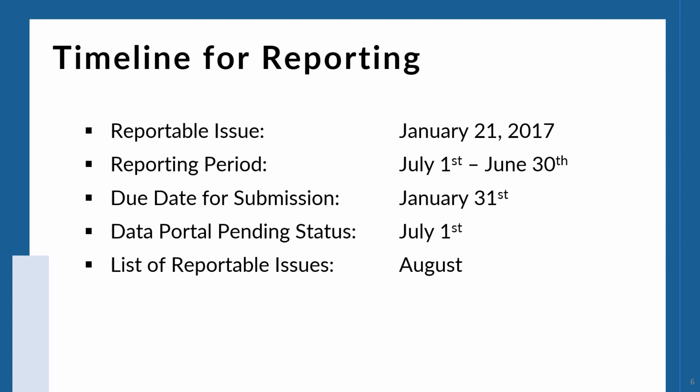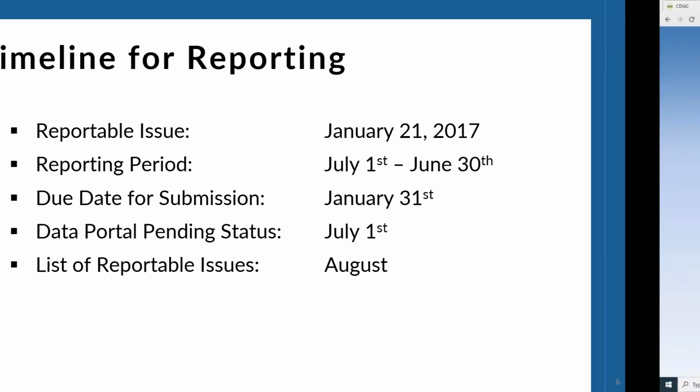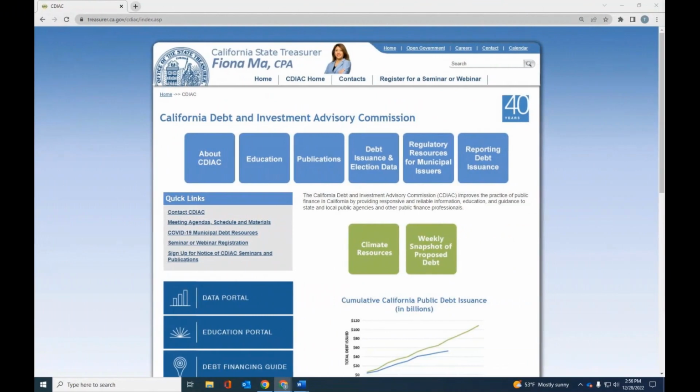Okay, now I'll move on to the data portal walkthrough. The web address for the data portal is dataportal.treasurer.ca.gov, and there are links to this web address on our home page as well as our reporting debt issuance